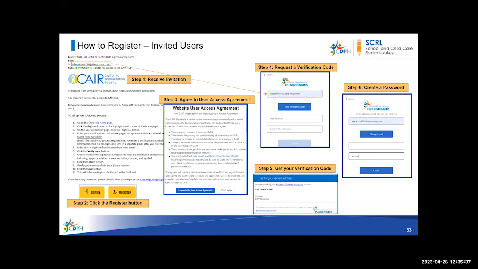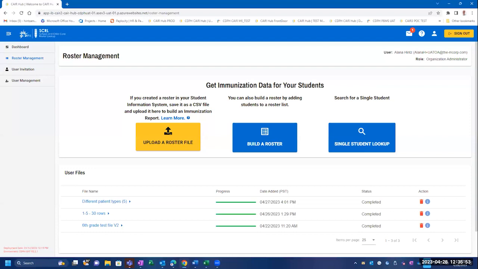Now I will be sharing my screen to demonstrate the roster management feature. Users can upload a roster file or build one from a template we provide to request the children's immunization data from Care2.